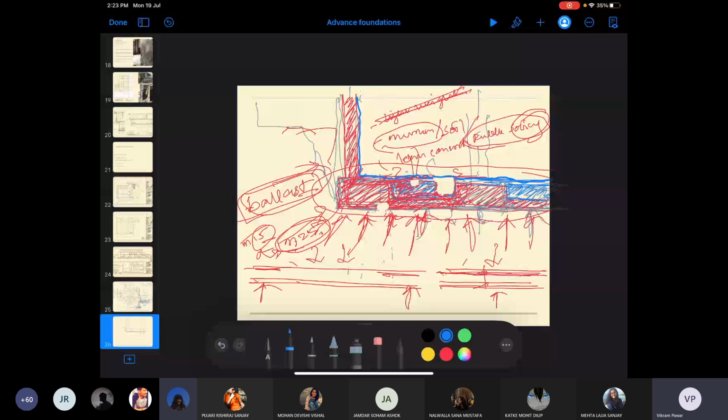No? Constant exposure to the water and the moisture in the soil could be bad for the structural integrity and the strength. That's what somebody else said in a different way, but your pad footings are under constant exposure to moisture and groundwater. Na? You don't think of waterproofing that. Some amount of tarring and all is done in coastal areas, but by and large, the pad footings are also subjected to the same problem.